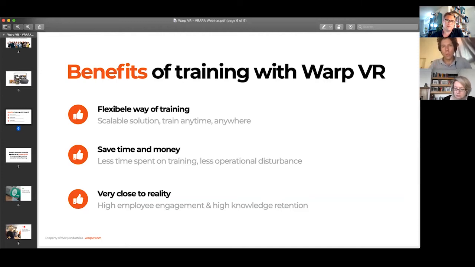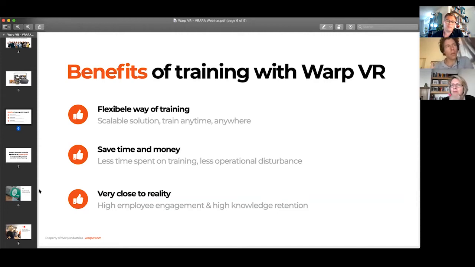But the organizations we help also feel that the employees they have are their most important assets. The people are most important in the business, and they want to provide them with training material to be prepared when something might go wrong. So they want to give them the best learning experiences in order to be the best prepared. Yeah, and that's definitely what we're seeing. On one hand, it's really safety.